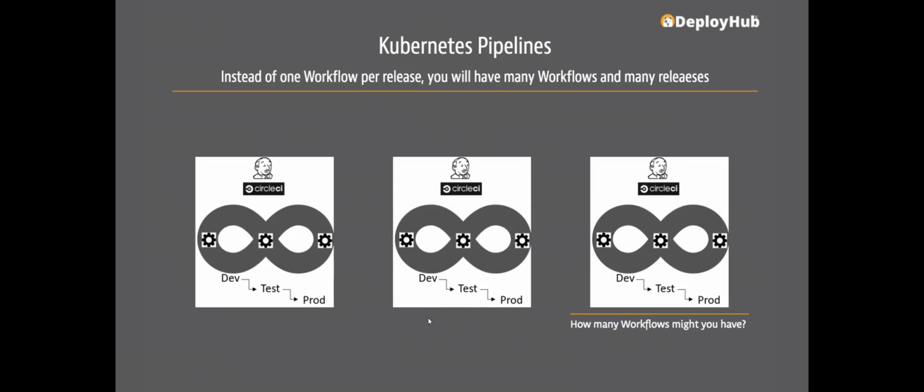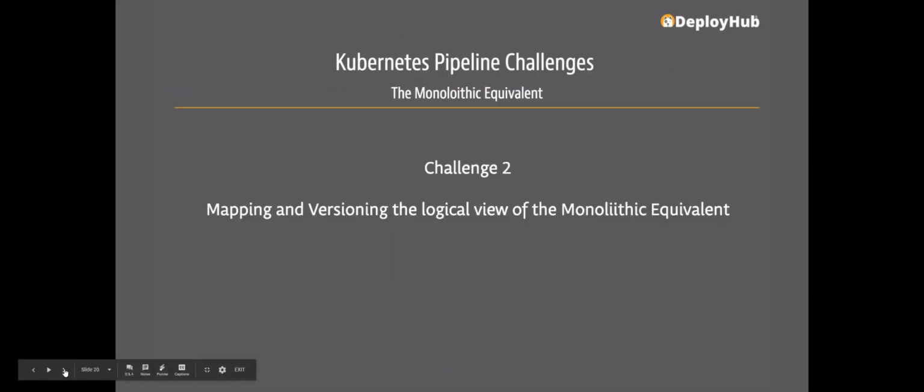And I think one of the things you should start thinking about as you think about microservices and Kubernetes and this modern architecture, which has many reasons to go to it, is how many workflows might you have? That will make a difference, and it's just a discussion that you should start having. Now with DeployHub, one of the benefits is you can have as many workflows and as many repositories as you need, and we aggregate that back down to the monolithic equivalent,